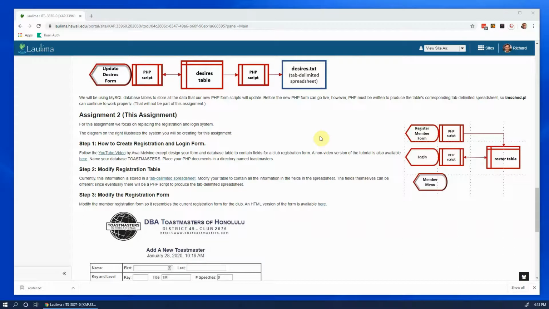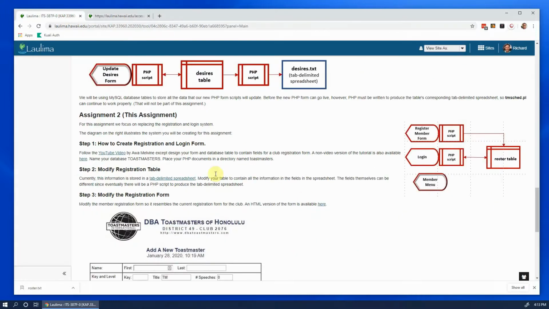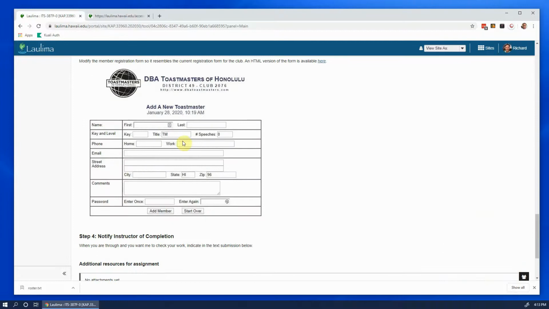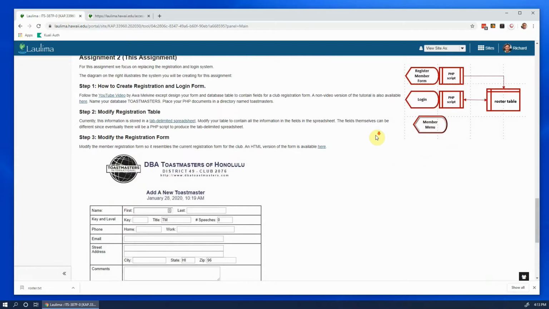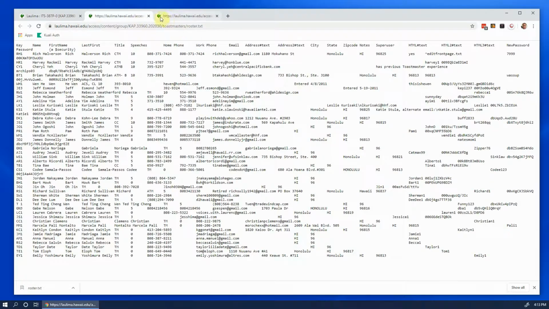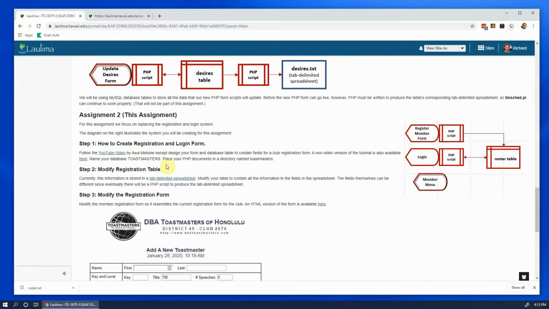Now, the existing system, we are exporting or transitioning the older system into this newer system. It's taking a website that uses a tab delimited spreadsheet as its database. You can paste this into Excel, and we will in a moment. And it has this registration page. It looks like this, and we are going to convert it so this table is in an SQL database, and the form here matches,